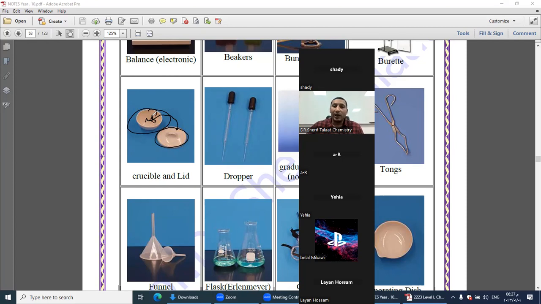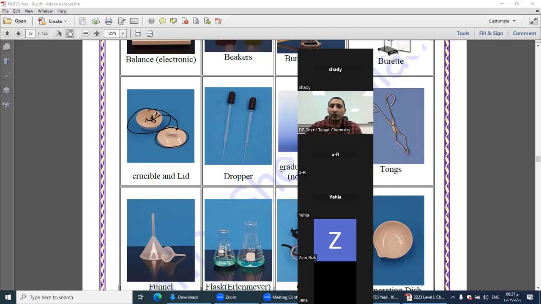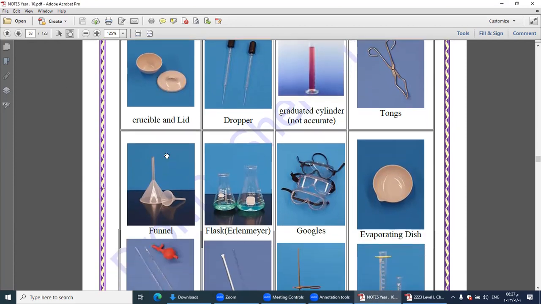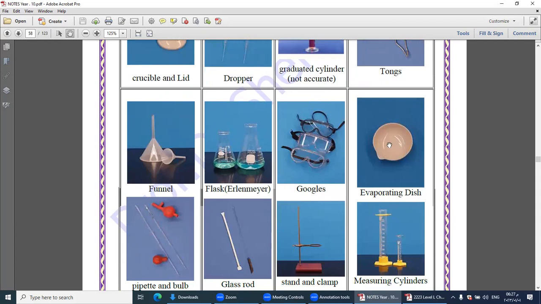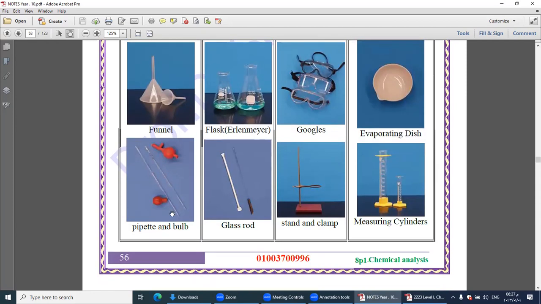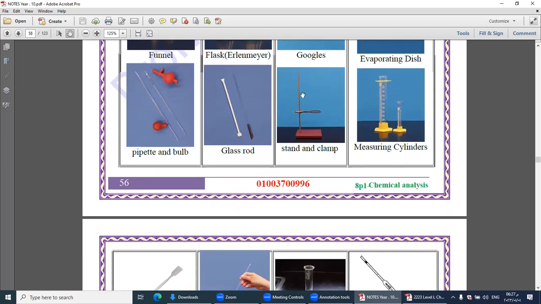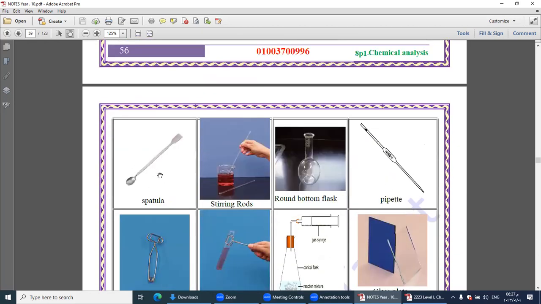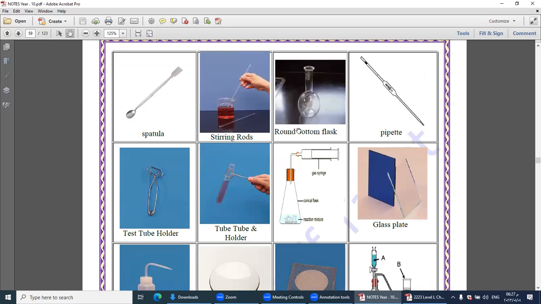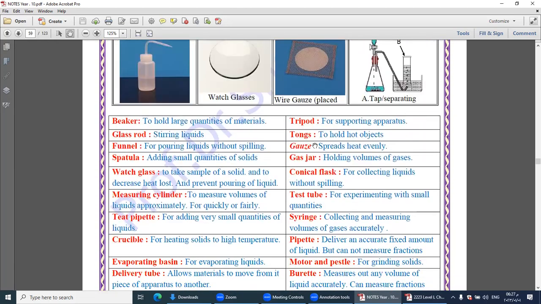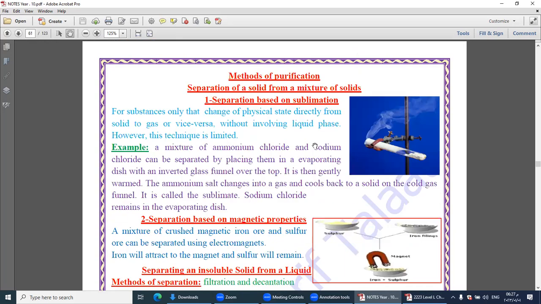Okay, and then we have an evaporating dish, and also we have a beaker, funnel, evaporating dish, goggles, flask, pipette, glass rod for stirring, stand and clamp, measuring cylinder, spatula, round bottom flask. So these are all laboratory apparatus. For separation methods,